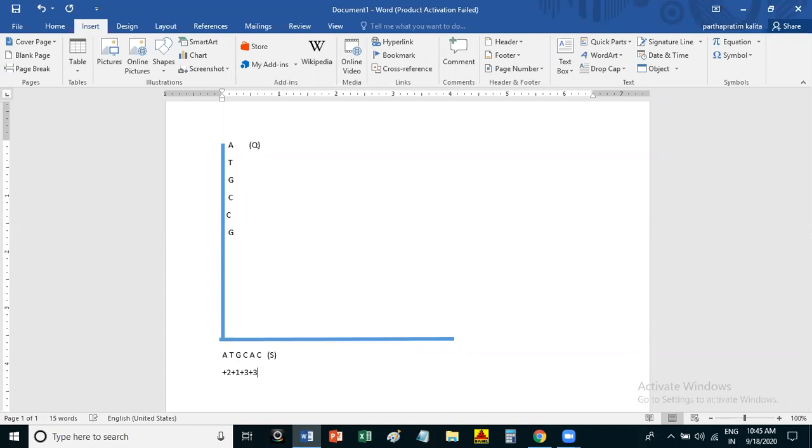Next, your nucleotide is cytosine, and here it is adenine. They are not matching, yes or no? That is why they will get a minus score. For example, I am giving -2. Next is guanine, and here it is cytosine. They are not matching. For guanine, it should be guanine, then only they will match. For example, I am giving a minus score of 3.